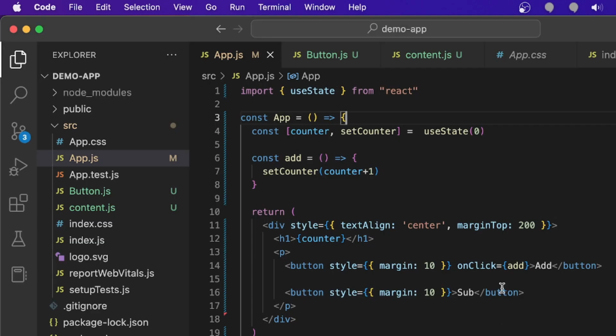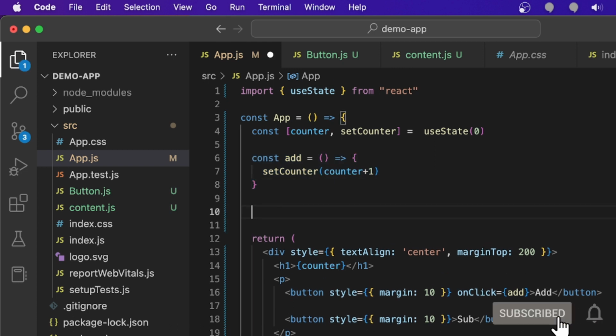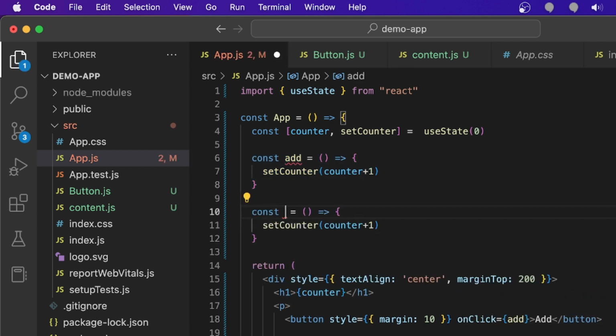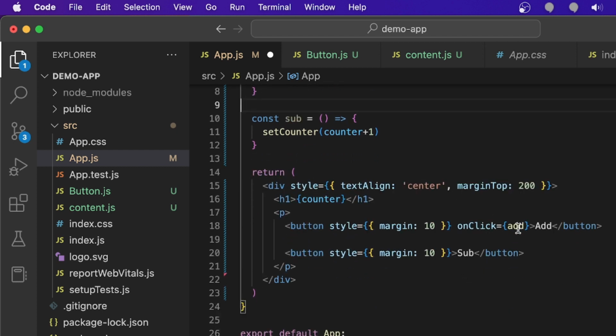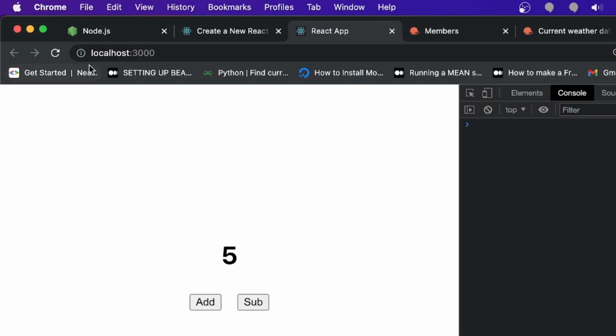So now I am going to do the same for the subtract. Sub. And I'm going to add this event here. Okay. And now here I'm going to use negative of 1. Now refresh it, add,